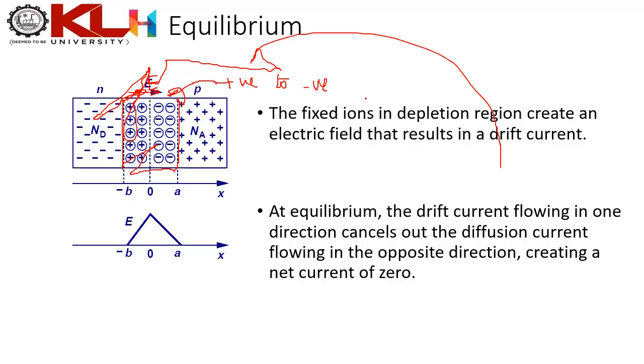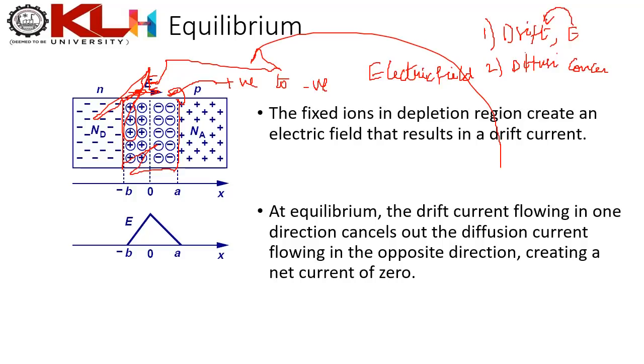When I say an electric field, what should come to your mind immediately? What we learned about transport of charge carriers. Transport of charge carriers takes place through two phenomena. The first one is drift in the presence of an electric field. The second one is diffusion in the presence of a concentration gradient. Now what is happening because of this electric field? A beautiful phenomenon. This electric field results in a drift,